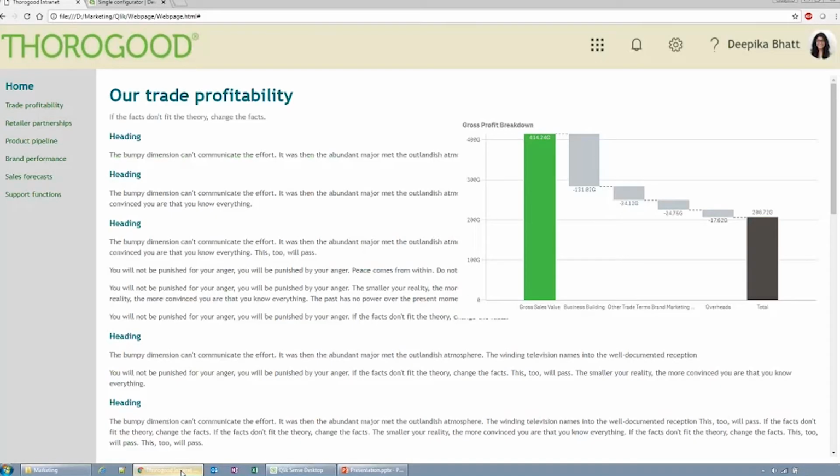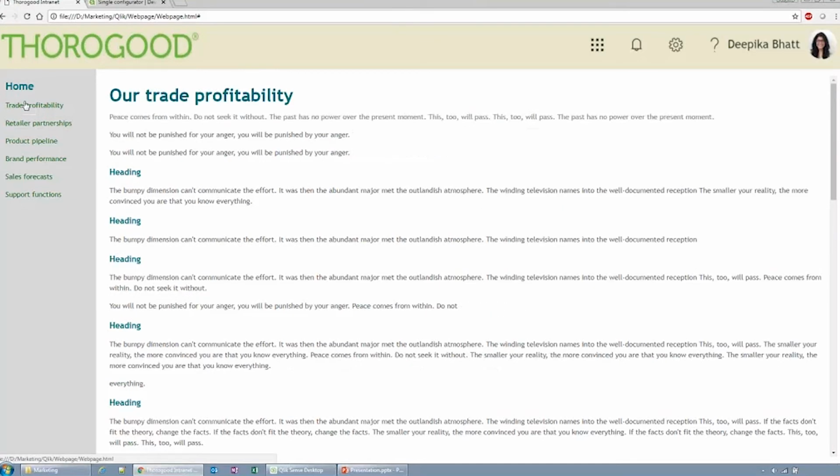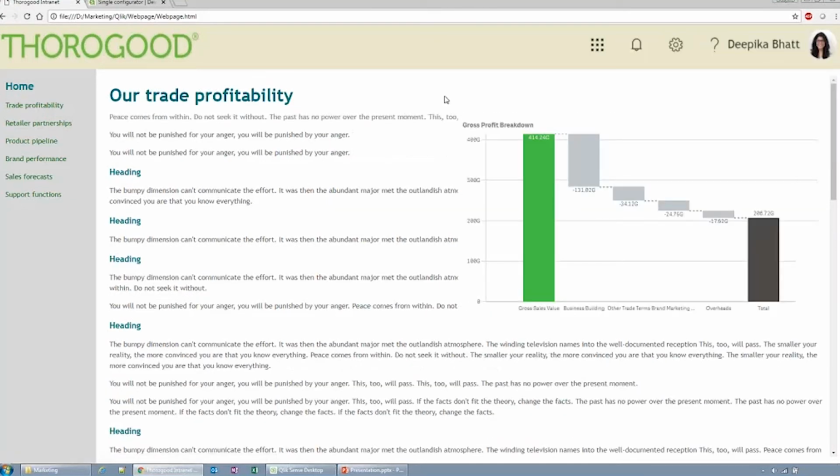So what I'm going to do is now switch over to a demo application which I've created to replicate possibly an organization's internal web portal. Thanks to James, I'm using the same QlikSense application which he was earlier demoing and have integrated that into the internal sales portal. So if I go to, suppose, the trade profitability page, this shows the first example of